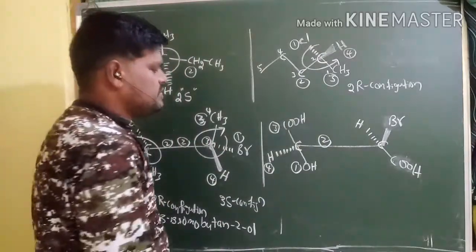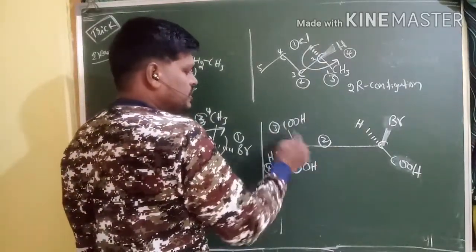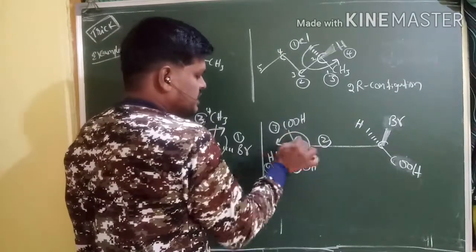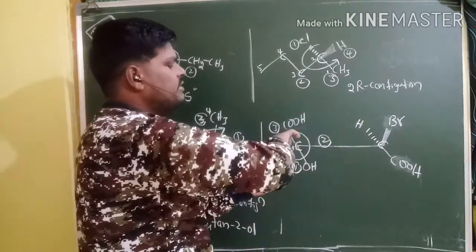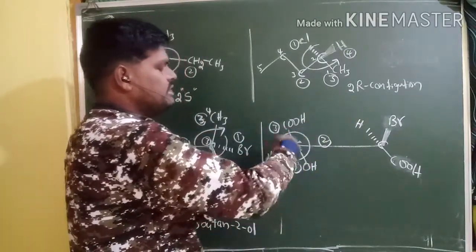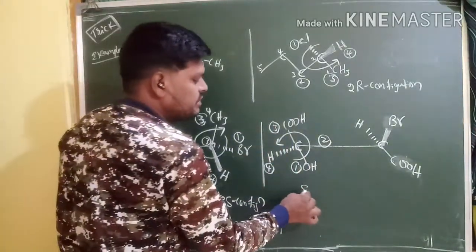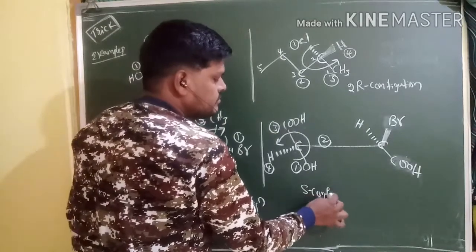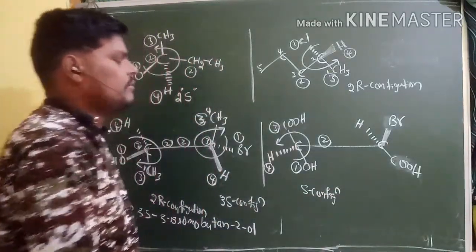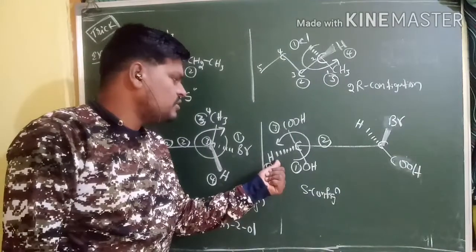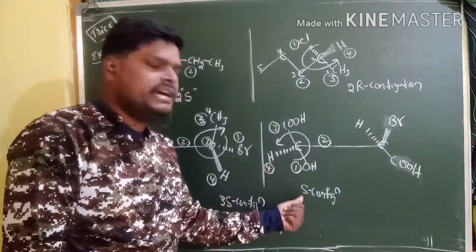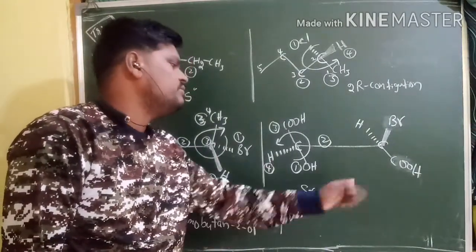Right, what is the direction for this molecule? 1, 2, 2 and 2, 2, 3. So this is the direction for this molecule. It's a clockwise direction, anti-clockwise direction, sir. This is anti-clockwise direction, right? It is anti-clockwise direction. That's why you can write S configuration here. Right? And here the least priority is already present on the broken wedge. That's why you should give S configuration directly here.